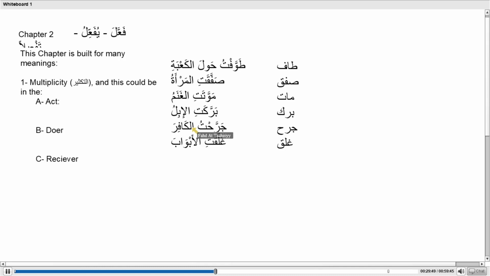Say what you think. You wounded the kafir repeatedly. So what do you mean? The action, yes. Good. Yes, there were many wounds done. واضح؟